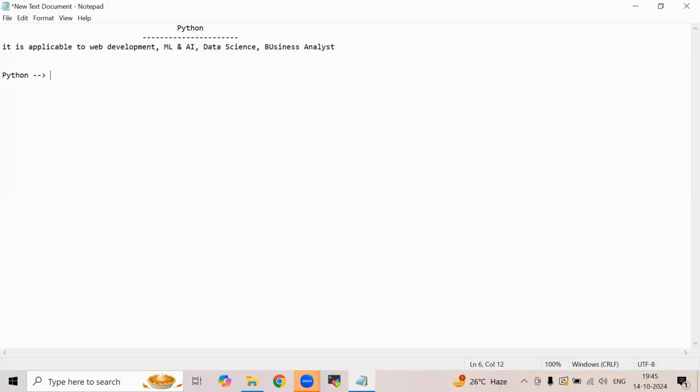Community support. What will this community do? Python is open source, so whoever wants to contribute can contribute. Let us suppose we have Pallavi, Priyanka, and Soumya here, and I have the Python base code.